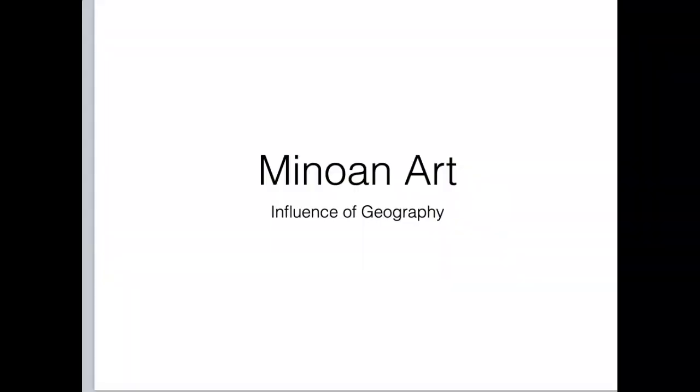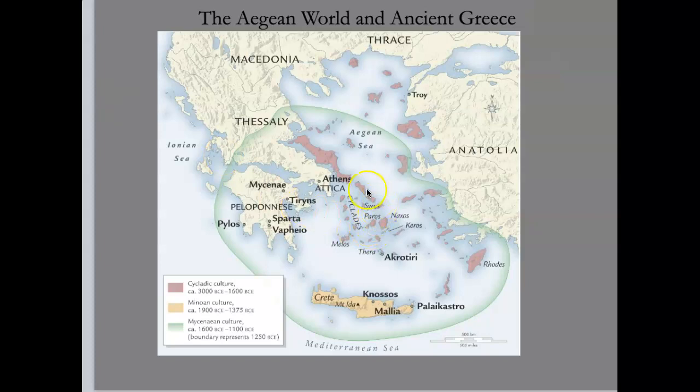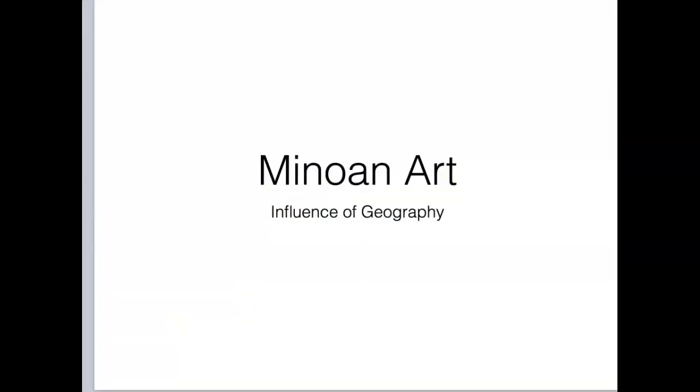Now we're going to talk about the Minoan. So the Cycladic art we looked at is from this area, the Cyclades, these islands. And now we're going to be talking about this area, the Minoan culture, and very, very specifically, by the way, today it's the island of Crete, and we're going to be looking at a palace structure that is at Knossos. So we've now moved from these islands here to the island of Crete, a bigger island, and this is called Minoan art.